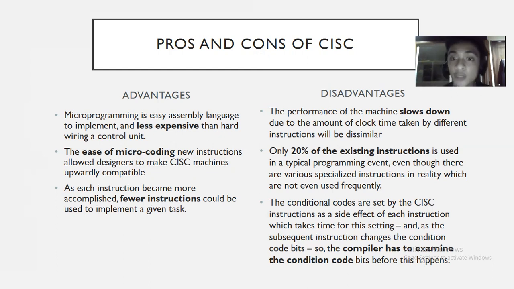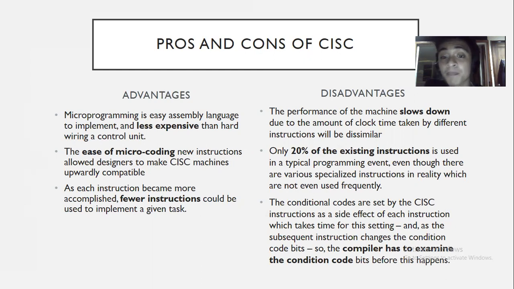Then, only 20% of the existing instructions is used in a typical programming event, even though there are very specialized instructions in reality which are not even used frequently. So it's a waste. It's more like a waste or a lost opportunity for the existing instruction set in CISC, since only 20% is usable, unlike RISC, where a lot of them are actually usable. The conditional codes are set by the CISC instructions as a side effect of each instruction, which takes